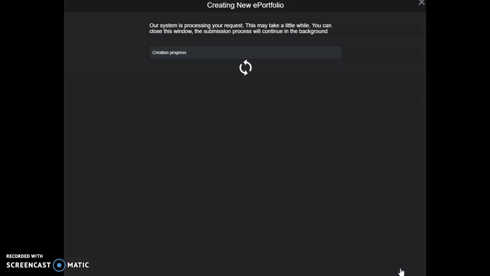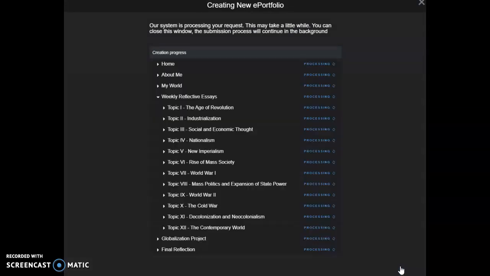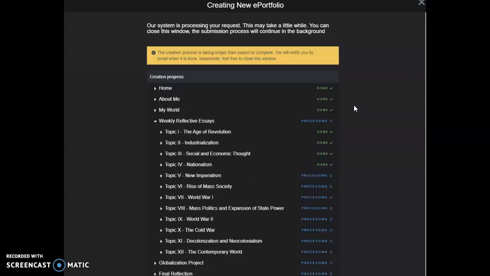This is now going to create the ePortfolio based on that template. It might take a little while depending on how big the ePortfolio template is as far as files and memory. You'll notice that as it proceeds through the creation, you'll have the little done check marks. If it takes too long, you'll get a message saying that it is taking a little too long and that you can go away from the page if you'd like. Meanwhile, you will receive an email update letting you know that the ePortfolio has been completed. Here's the little notification. So we're going to step away from it for a second.